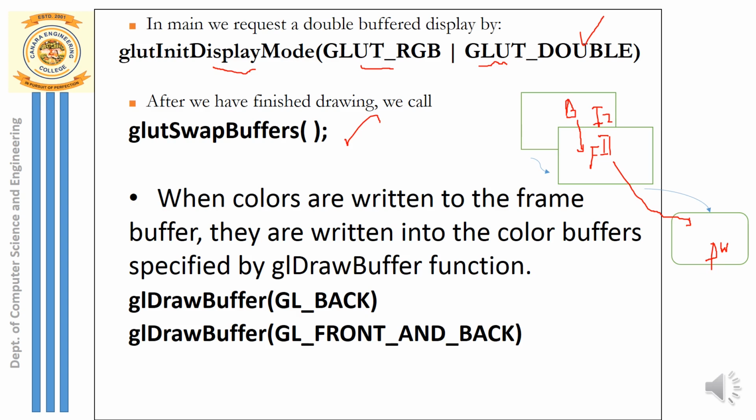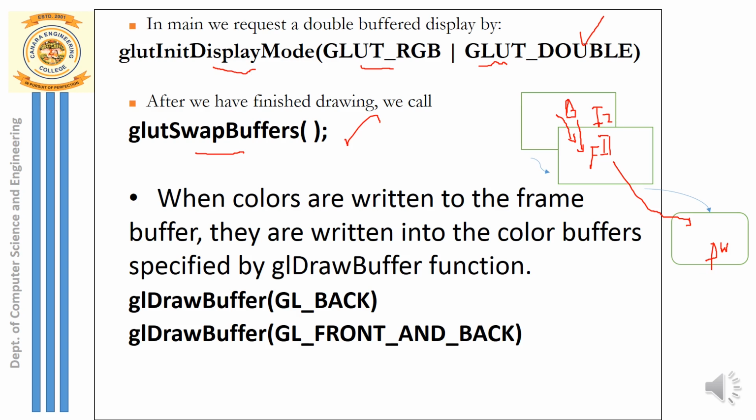So basically what are we doing here in two stages? We are swapping the buffers. We swap the contents of the front buffer to the display window, and at the same time swap the contents of the back buffer to the front buffer. Here you call the function glutSwapBuffers, which swaps the back buffer and front buffer and then pushes the contents from the front buffer to the display window. This is how your OpenGL function works with the two buffers, the double buffers.